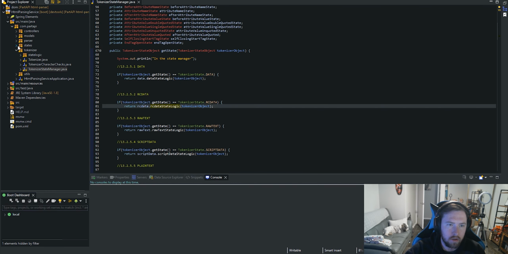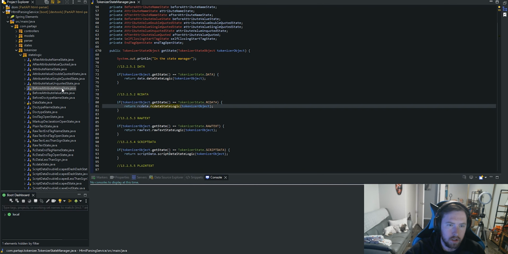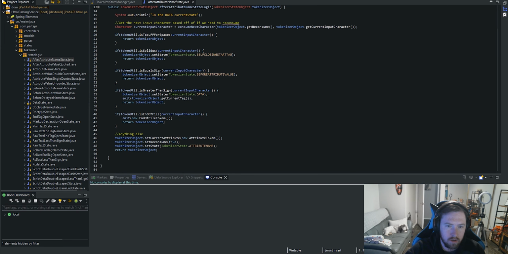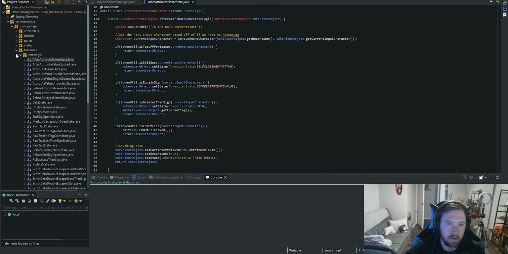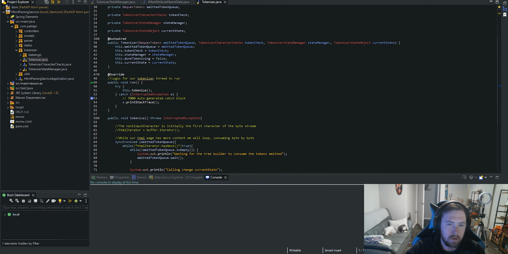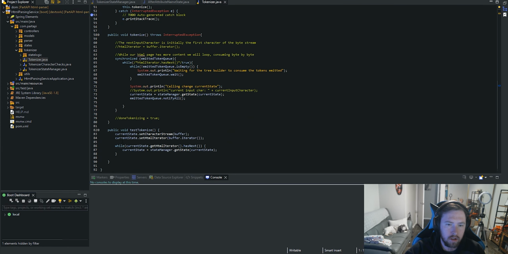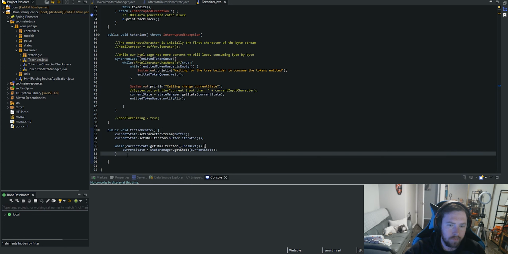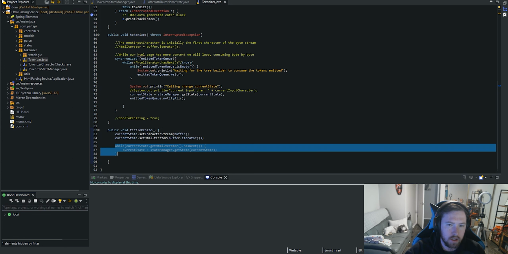But if we go ahead and look into our state logic, let's take a look at a couple of these before we hop into Trello. So these are essentially just those same exact classes or methods that we had inside of our tokenizer class originally. So this is essentially going to just clear up this. So now our tokenizer just looks like this right now. So of course, this is going to be the actual code. But for now, this is just going to be how we're testing it. That way we're not messing around with the other threads right now. I just want to test only the tokenizer, not the parser.